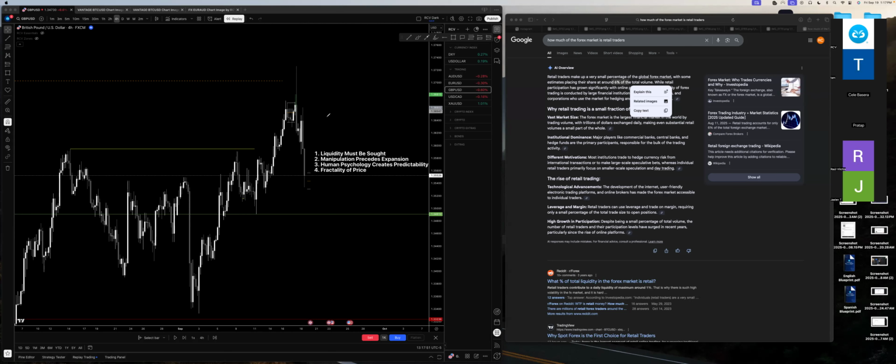The reason why I say minor is because yes, we are getting the reaction from the POI, but we're not technically breaking any type of structure or wick high. So the reaction might not technically be valid. So this could just be, right, the solidification of this high. So based on this high, right, we're solidifying that.